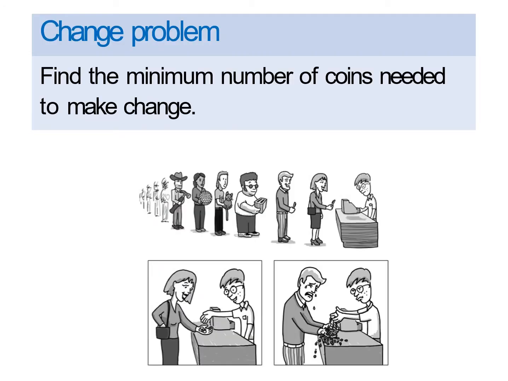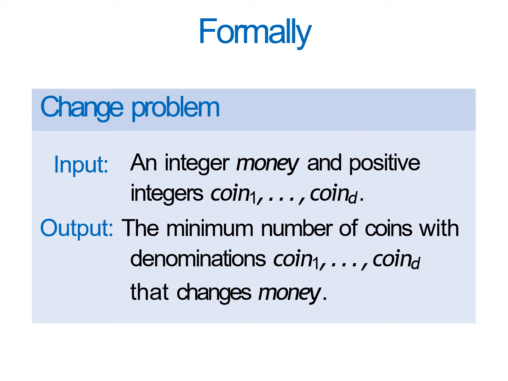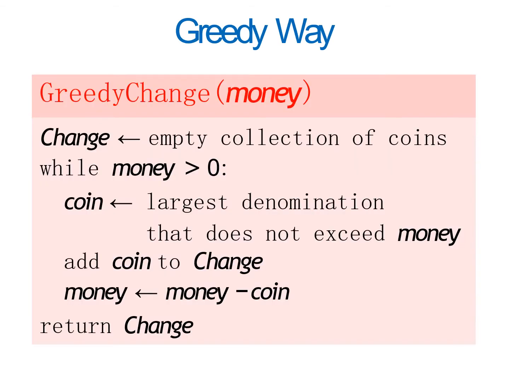So the change problem is finding the minimum number of coins needed to make change. More formally, input to the problem is integer money and positive integers coin 1, coin 2, ..., coin D that represent coin denominations. For example, in the US, coin 1 will be 1 cent, coin 2 will be 5 cents, 10 cents, 25 cents and 50 cents. And the output is the minimum number of coins with denominations coin 1, coin 2, ..., coin D that changes money